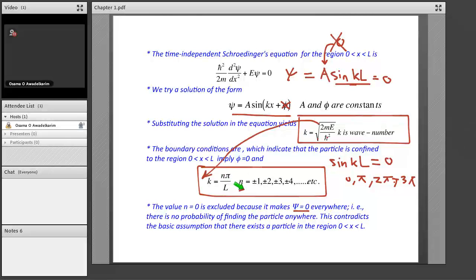Okay, so actually what we get is 2mE over h bar squared, which is k squared, should be equal to n squared pi squared over L squared. Because what I have here on the left-hand side is my k squared, right? Where n is equal to this. So I can find E. So E is actually